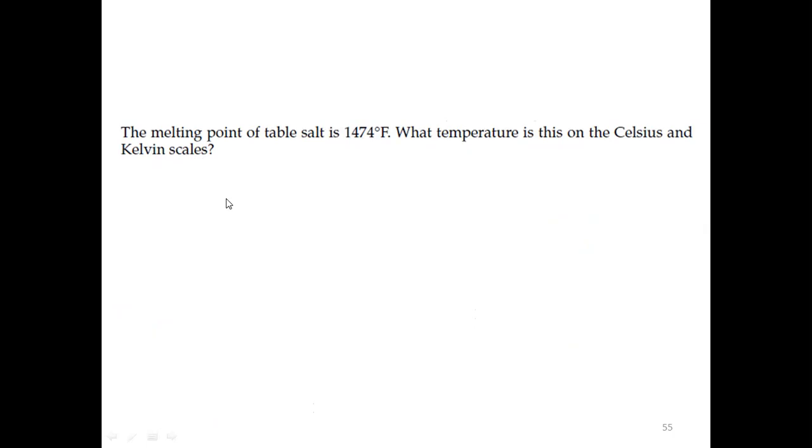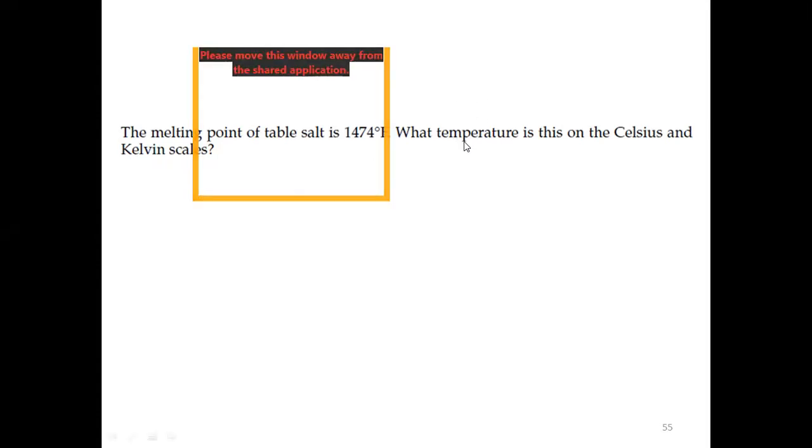So both are given over here. First, we are going to calculate the Celsius, and again, there is no direct conversion between the